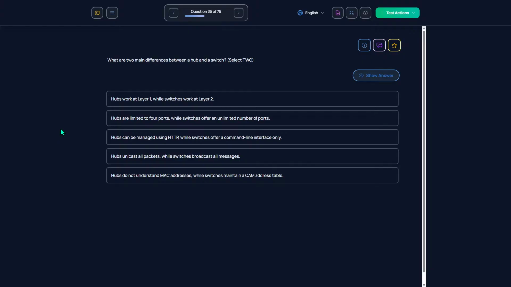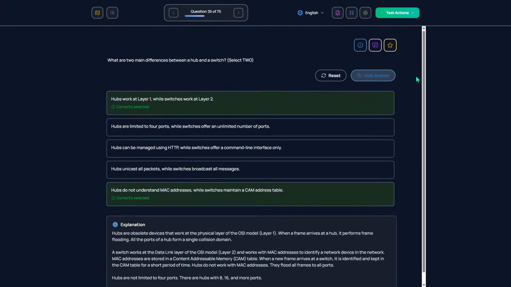What are two main differences between a hub and a switch? Select two. Hubs work on layer 1 while switches work on layer 2. And I believe hubs do not understand MAC addresses, while switches contain a CAM address table. So think of this: hubs are dumb, switches are smart.